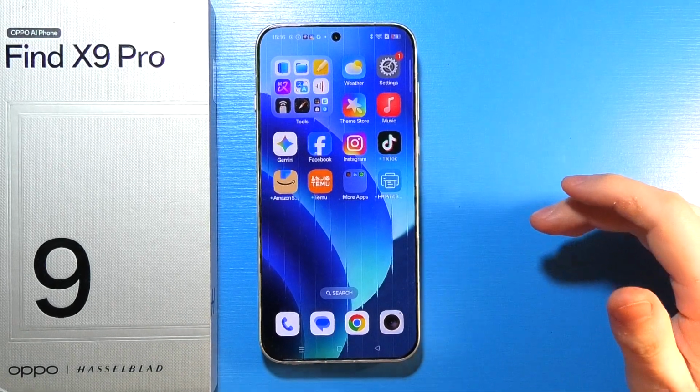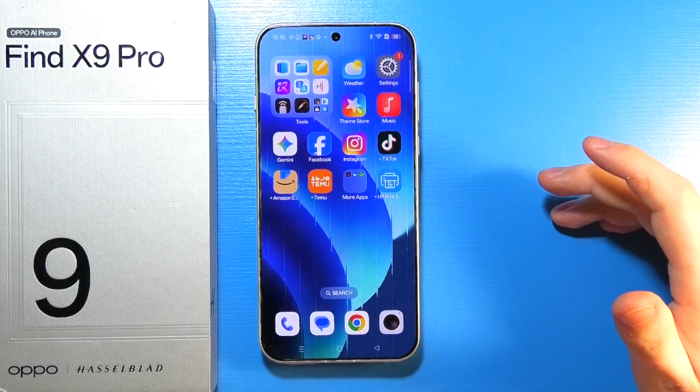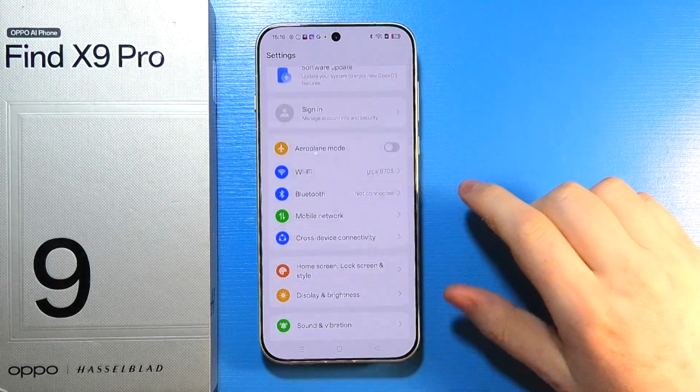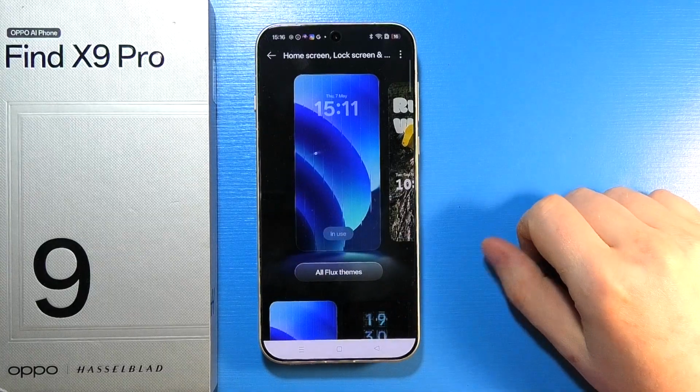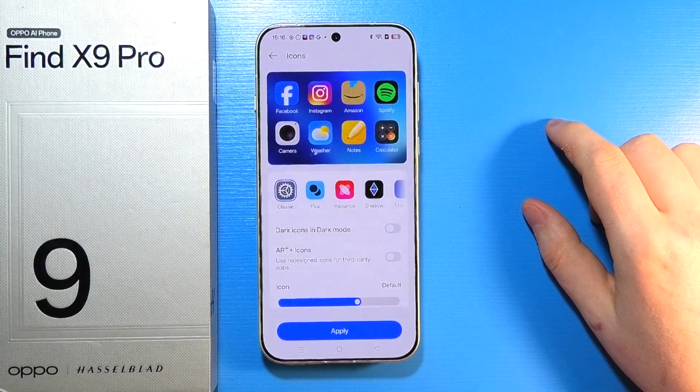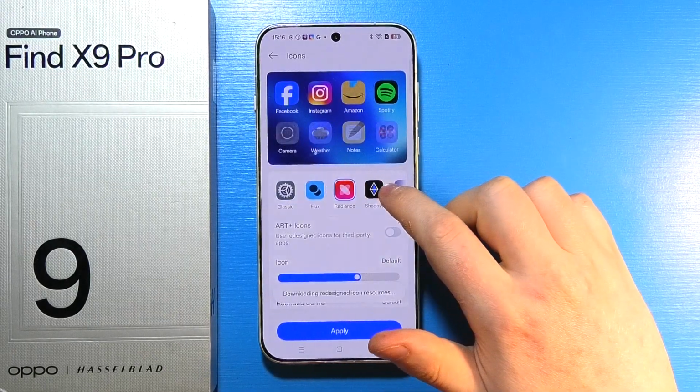To customize icons on Oppo Find X9 Pro, first of all, you will need to open settings on your device. Next step is to scroll down to the home screen, lock screen and style, and then we can navigate down to the icons section. That way you'll be able to first switch between different styles for your icons that you